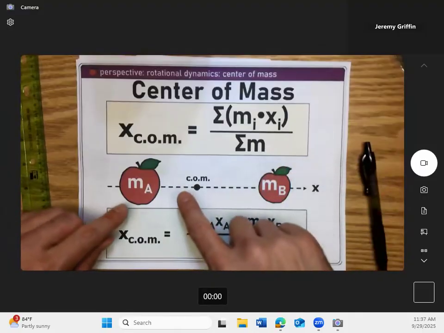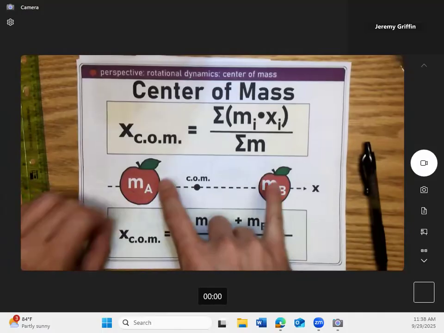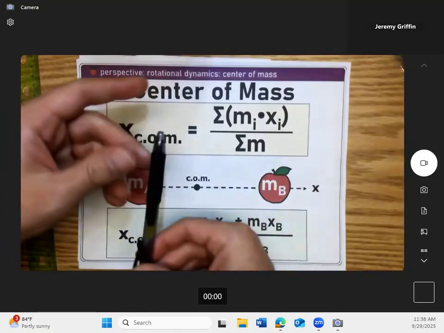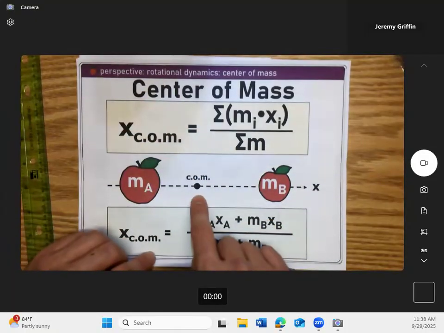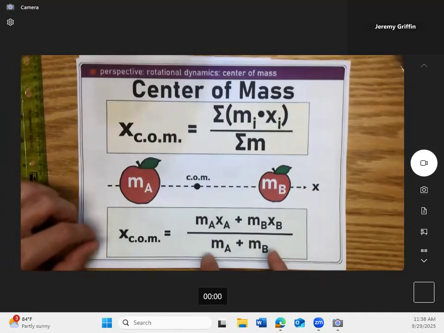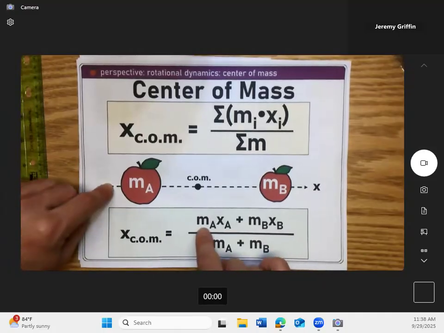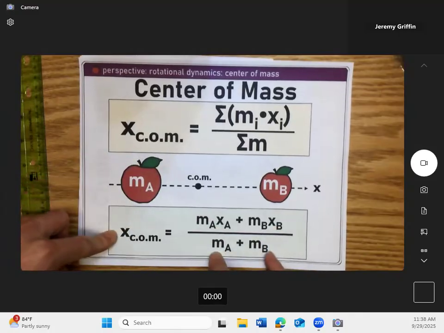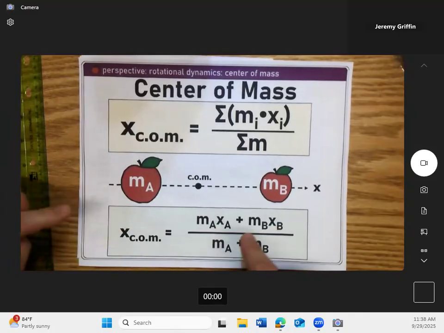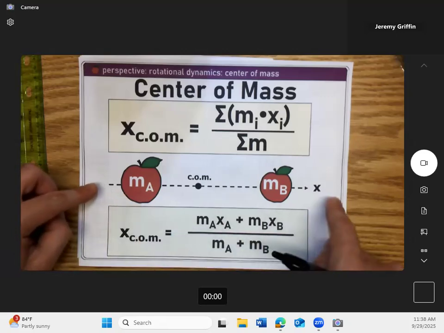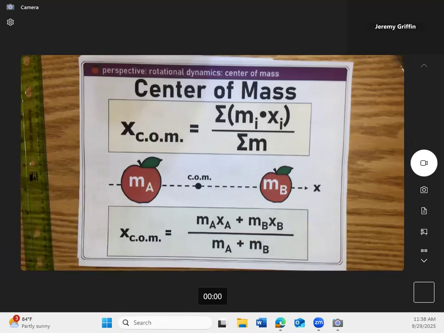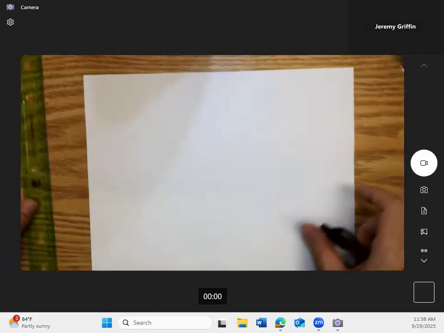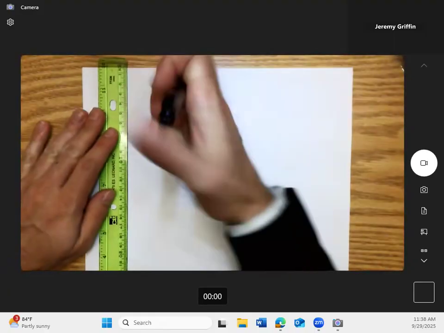Or what if you took that whole system, stuck on a stick, and you threw it through the air, and it starts tumbling like this? Guess which point it would spin about? The center of mass, right? Here's how this plays out for two masses: mass times location for object A plus mass times location for object B, divided by the sum of the masses. There's your center of mass. Now, do you see this is all along the x-axis? What if you had a two-dimensional situation, which you're going to see on your AP classroom questions? Okay, so let's do an example for center of mass.